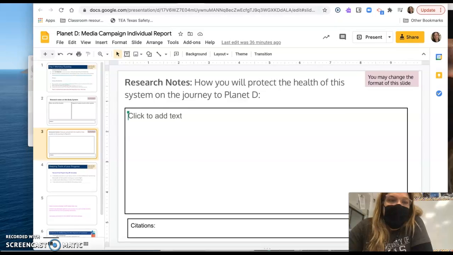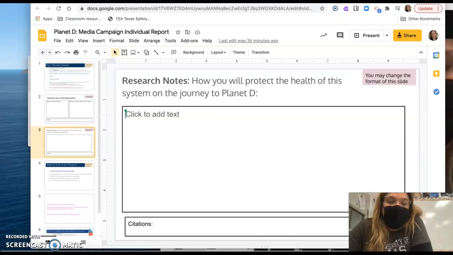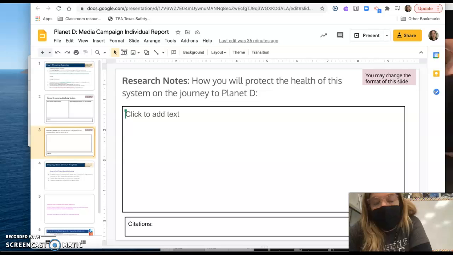And remember, you can make something up. If you have an idea for how you would protect the heart, as long as you're not making stuff up about the heart, that's fine. That would be awesome. You're allowed to use your creativity here. So if you have a plan, and it's kind of logical, add it in.